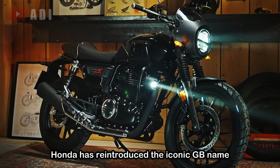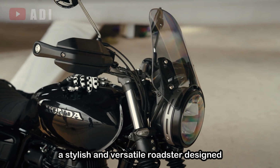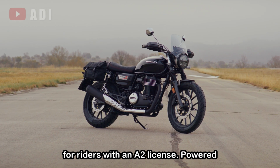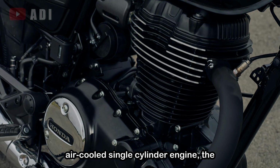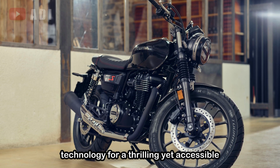Honda has reintroduced the iconic GB name to Europe with the launch of the GB350S, a stylish and versatile roadster designed for riders with an A2 license. Powered by a characterful 348cc air-cooled single-cylinder engine, the GB350S combines classic design with modern technology for a thrilling yet